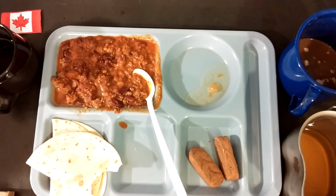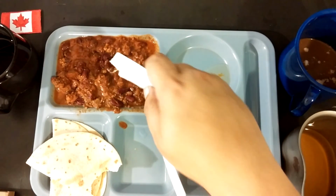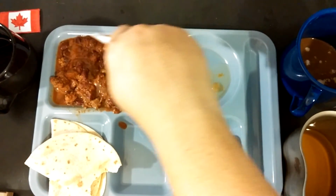But to be Canadian, it's actually not a bad try. I've had American chilies that were a lot worse. Of course, I can't say much. One of the best bowls of chili I ever had was actually in the Hard Rock Cafe in London. Maybe because I had spent the last 3 days eating British food, and anything would have been good at that point. Even McDonald's was awesome. But that was...